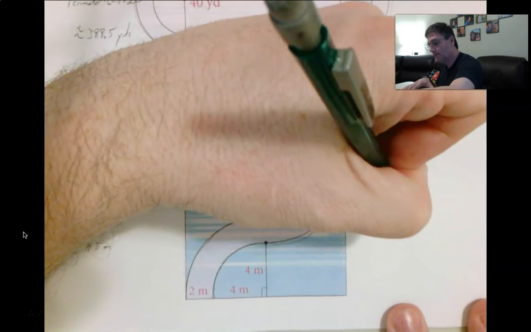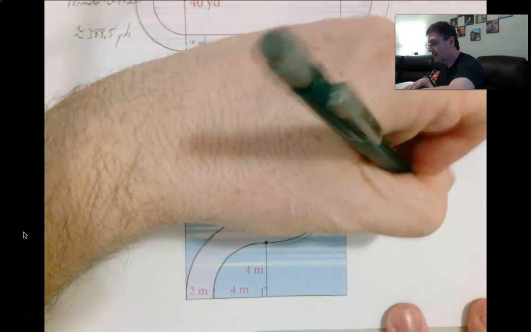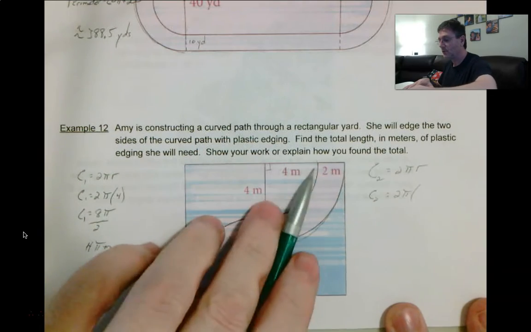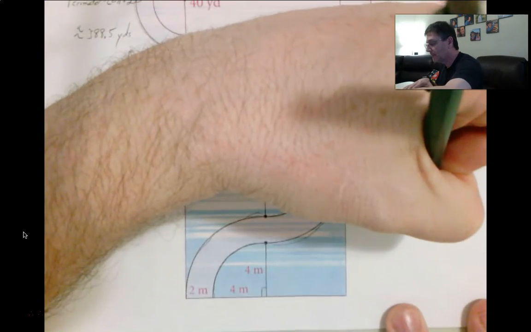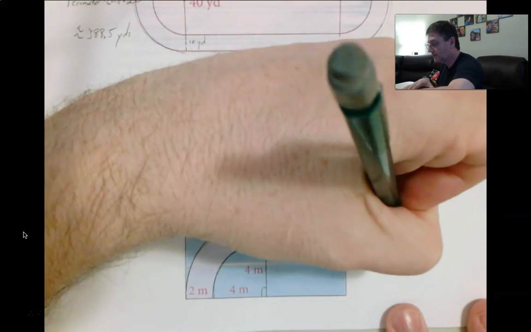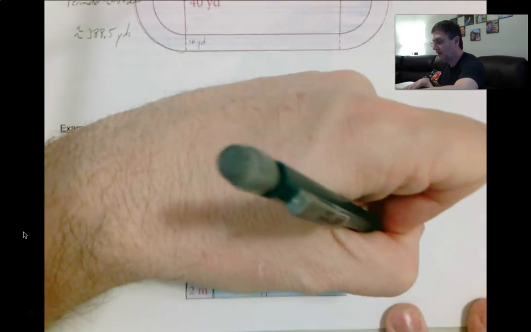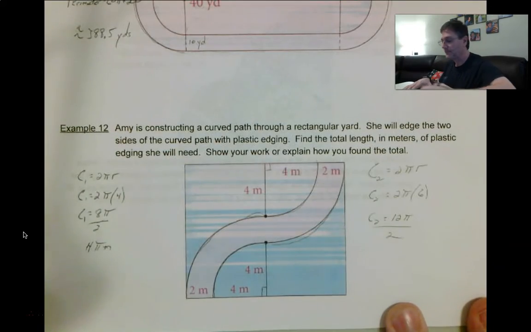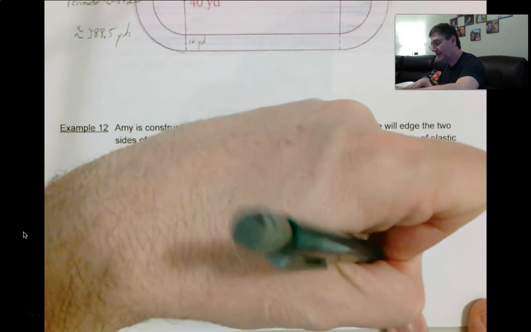Circle 2 is equal to 2 pi times, this time the radius is 4 plus 2, or 6 meters. Circle 2 is equal to 12 pi. Again, we only need half of that. We have 2 quarters, or 1/2. So 6 pi